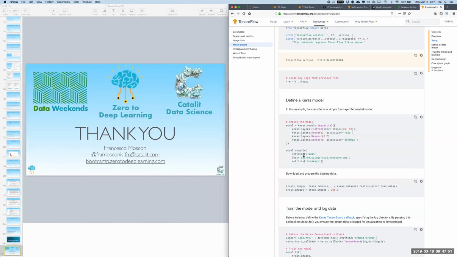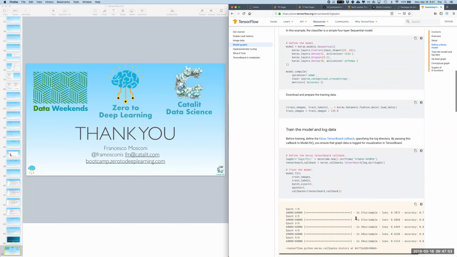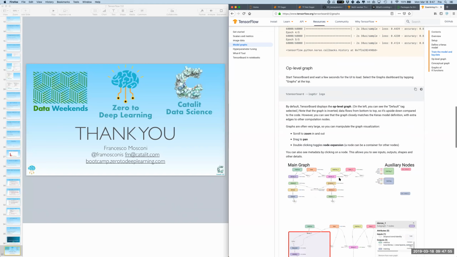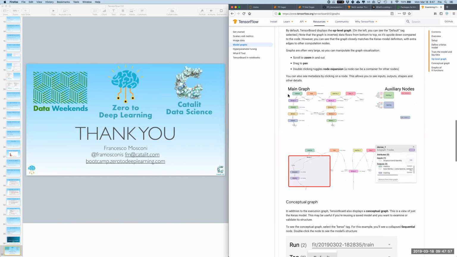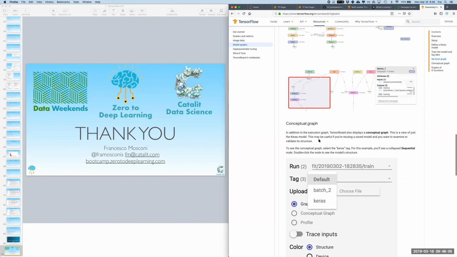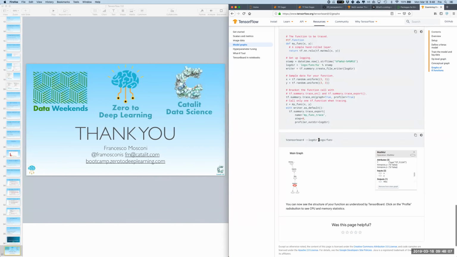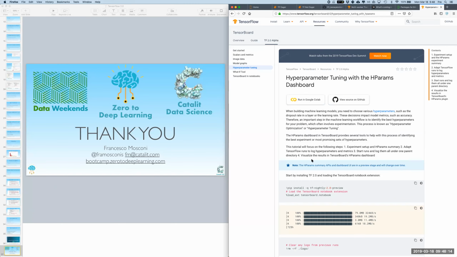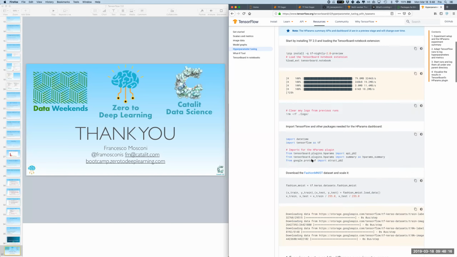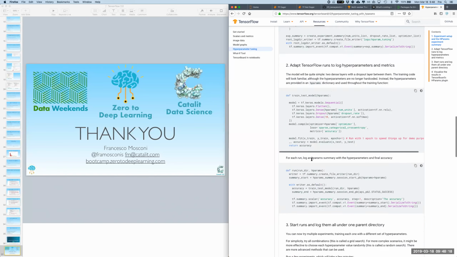So you can still look at the model graph in eager execution, and you'll see what you're already familiar with, where you have the graph with all your nodes and how they're connected and how the data is passed through. So that doesn't go away. The interesting new tools are, for example, hyperparameter tuning, which allows you to compare different training runs in a much